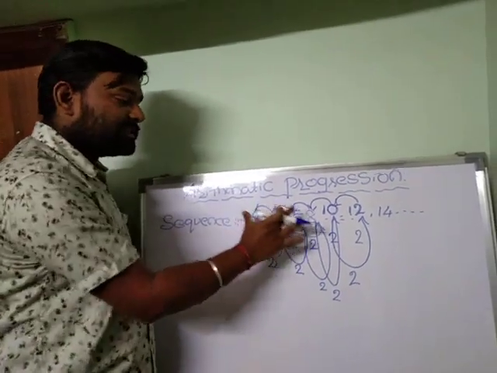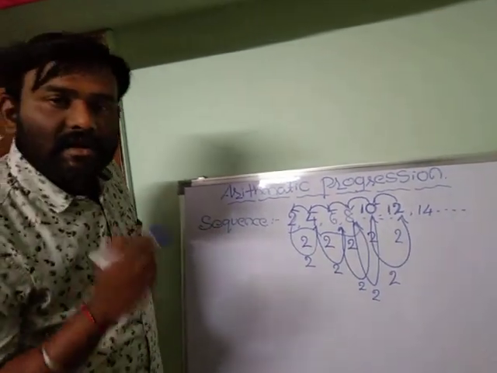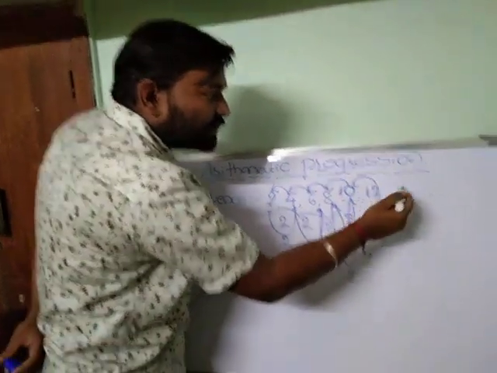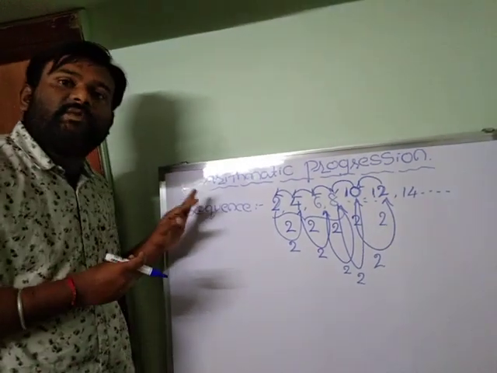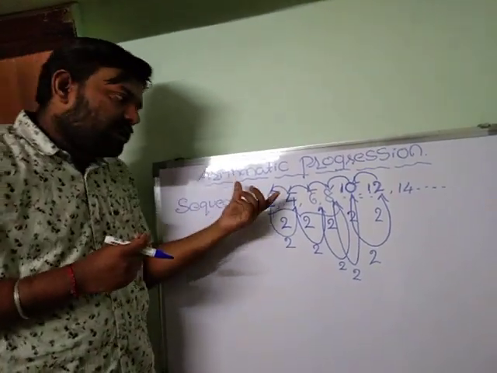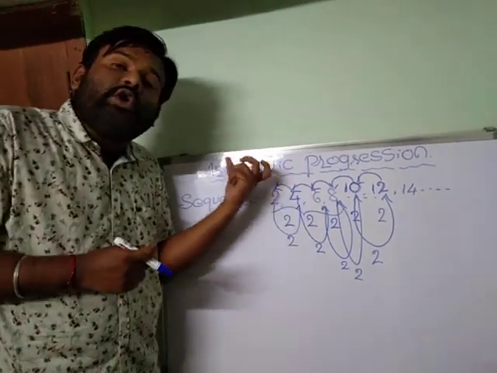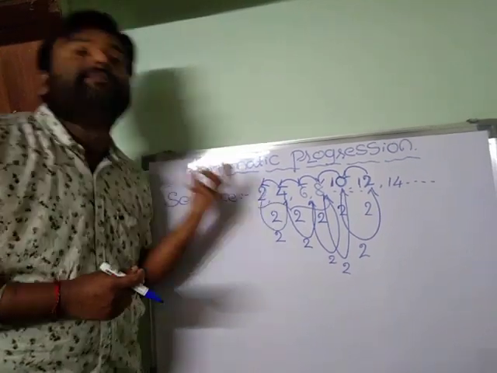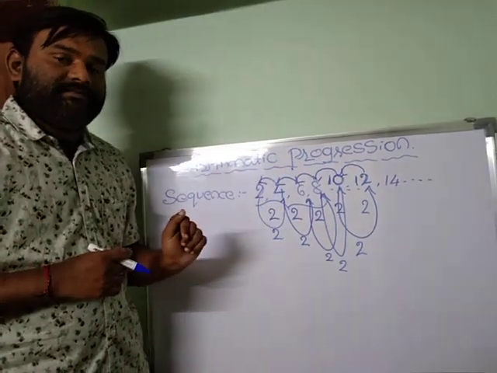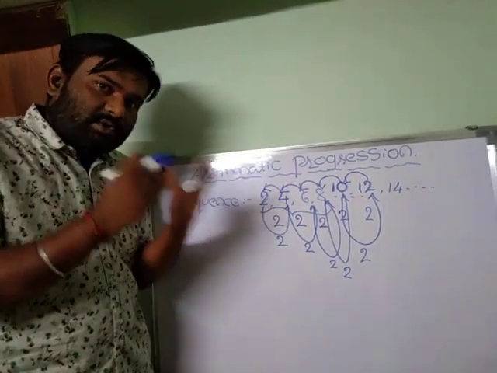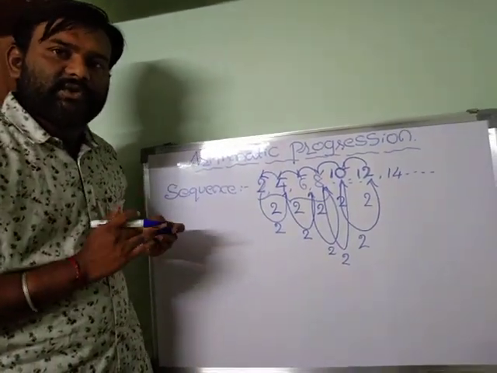This first four numbers has set a particular pattern in your mind, and that helped you to write the next numbers 10, 12, 14 and so on. This must be there for any type of sequence: the difference between any two consecutive numbers should remain the same. When the difference between consecutive terms is the same, that particular sequence is said to be an arithmetic progression. I will write examples, then I will explain it to you.